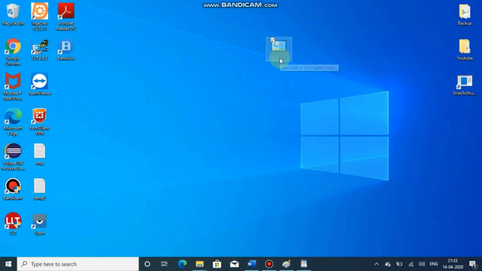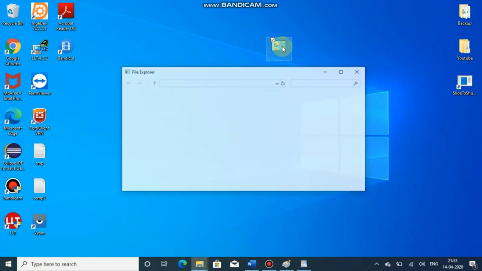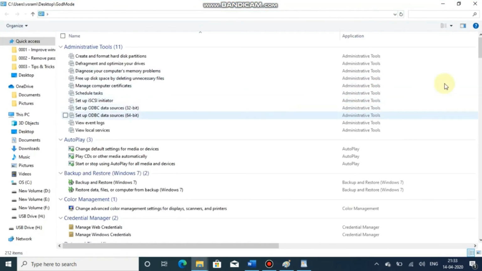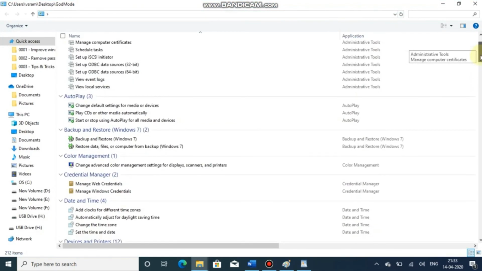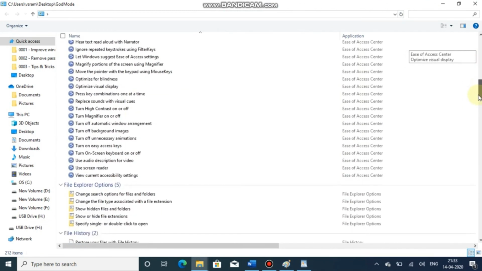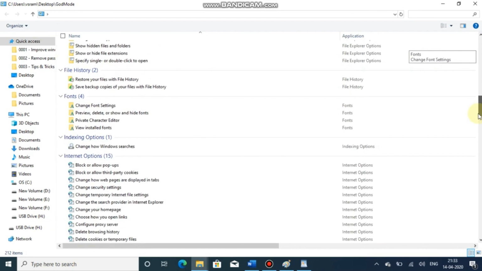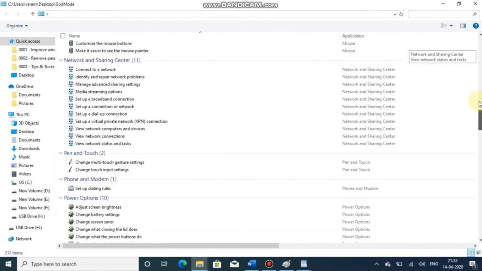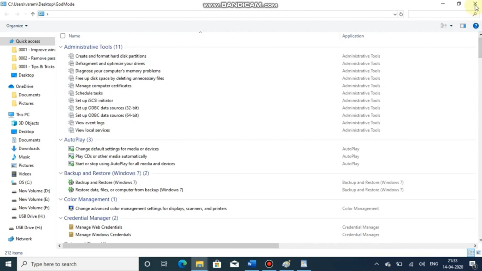Then the icon will change like this. If you double click on that, it will list all the main settings and configuration, everything. We can utilize all of those. So this is God mode.